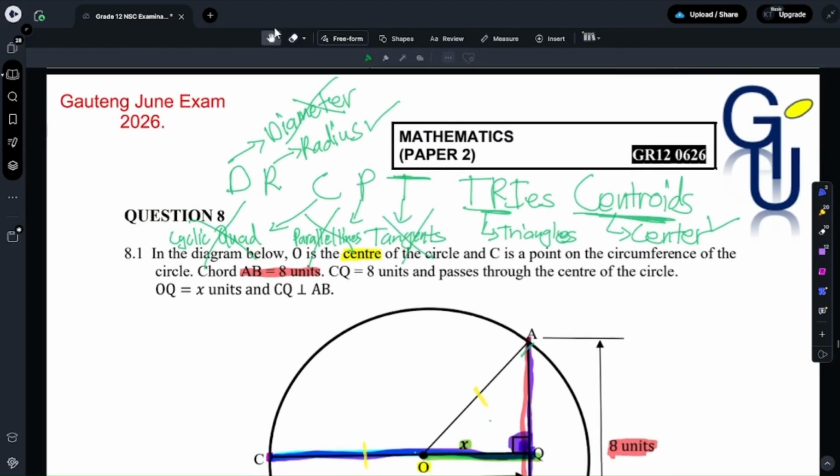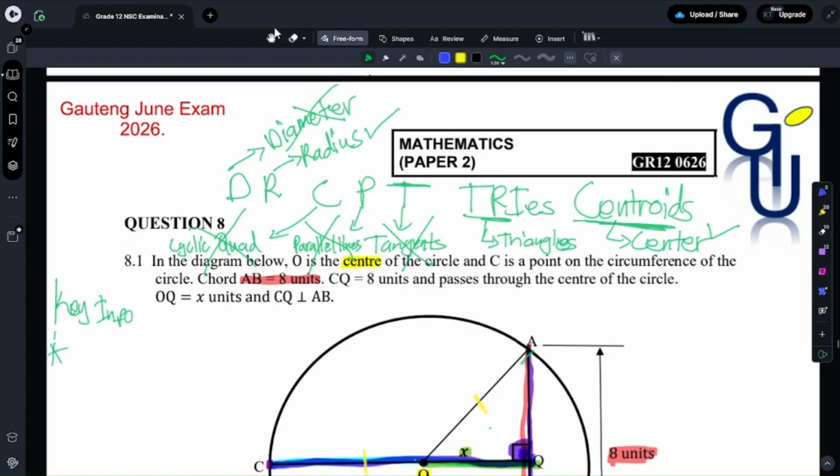This basically simplifies to this. So you can write here key information that you've got a center, that you've got a radius,